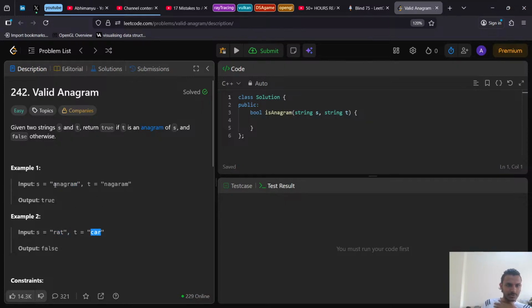Simple. So all we are going to do is create a hash map for both of these. First create a hash map of this. I will reduce this once again. Will subtract, and if at the end it's 0, like